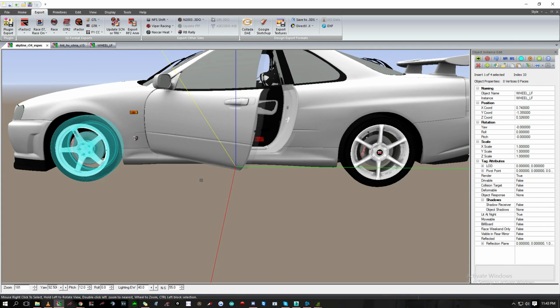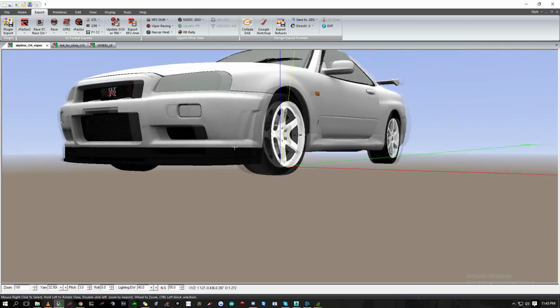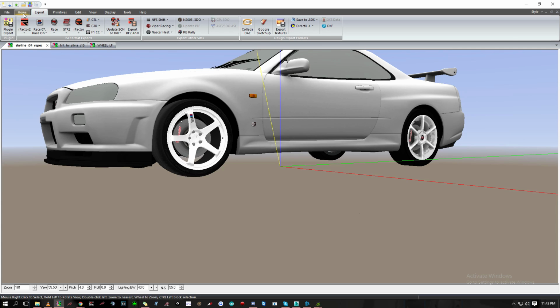And now you have the S15. To get that off, you want to press X. Now you have the S15 rims on the GTR R34 V-Spec. After you do that, you want to export